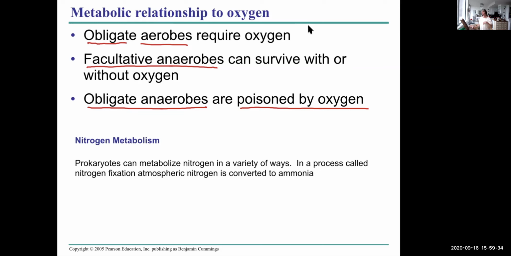But during the progression of the atmosphere on Earth, it went from having very little oxygen to having a lot of oxygen. And so the first bacteria would have probably been obligate anaerobes. So when oxygen became more prevalent, they died off but the aerobes started to increase. Indeed, oxygen is poisonous to